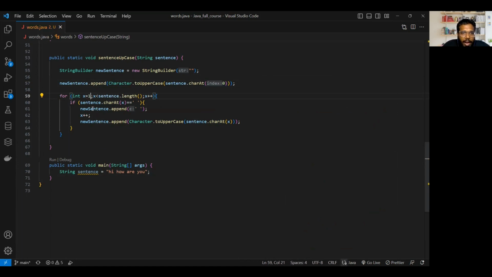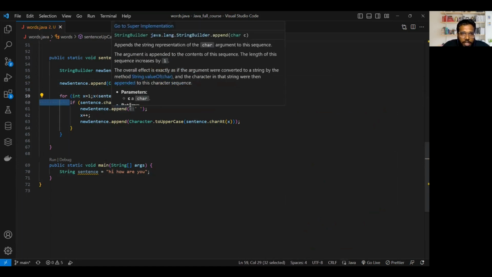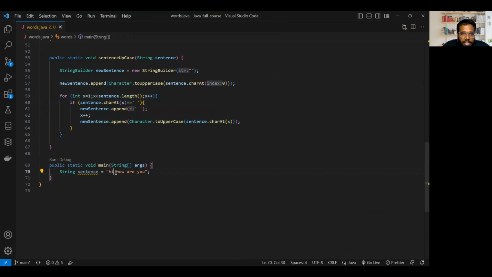And what is the condition? If the character is a blank space, then what will it do? It will first add the blank space. Then it will update its x, so the index position goes to this h. Then what is it doing? It is going to append, first converting to uppercase whatever is the present x. That will be nothing but h, then a, then y. Clear? So now we are able to update all the capital letters, but we also have to make sure